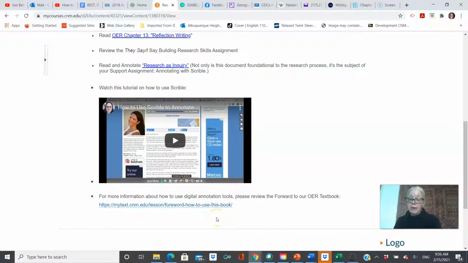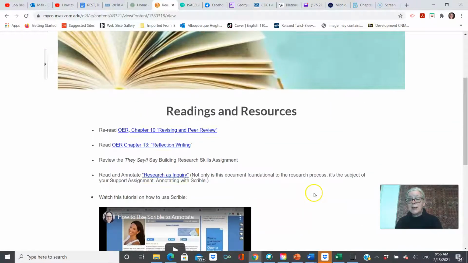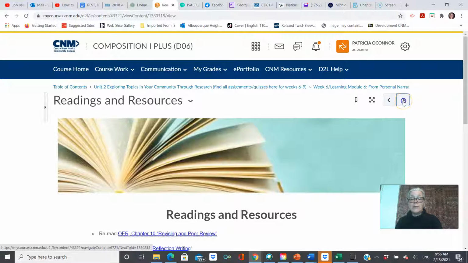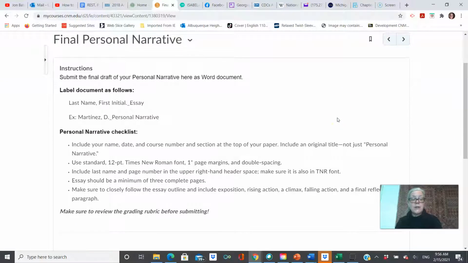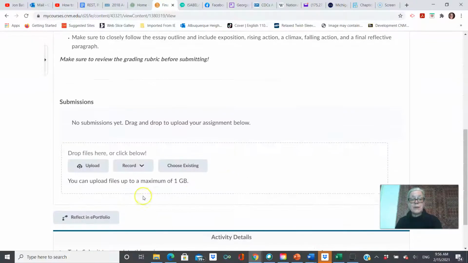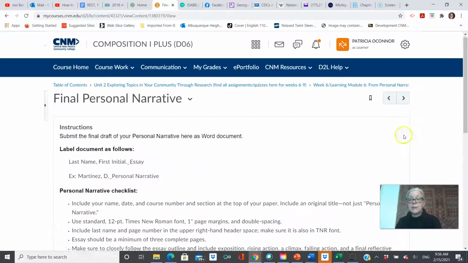If you want to know more about annotations, please check out this text here. I'm sorry, this is the foreword to your textbook, and it walks you through how to use annotation tools in general. They are helpful. It's not just busy work. So you're going to submit your draft, upload, submit,